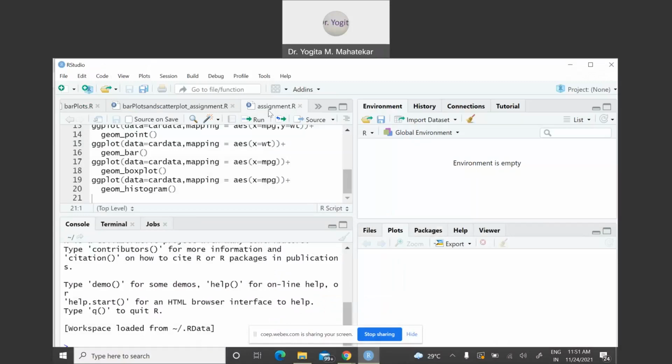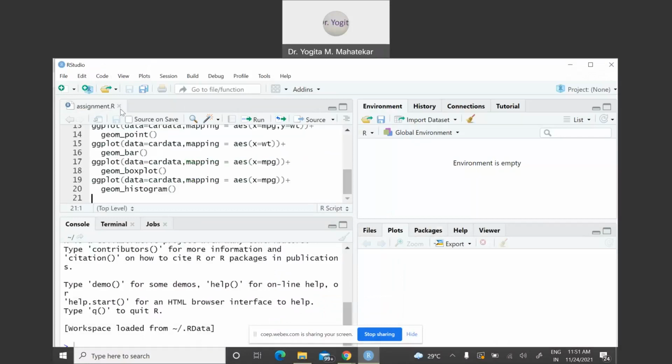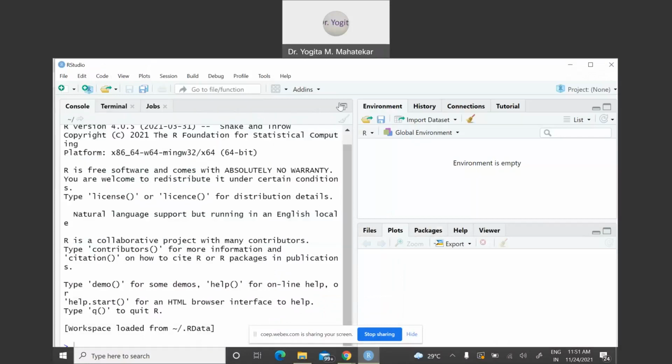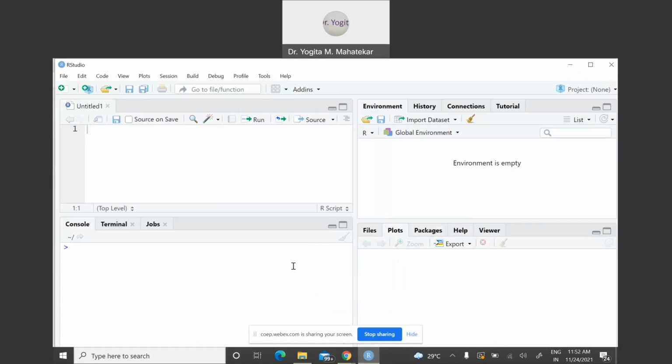So this is basic RStudio window that I have opened on my desktop. Let me clear everything from RStudio. Let me close our script files. So all these four windows are seen. With a broom, I have cleared everything from RStudio.